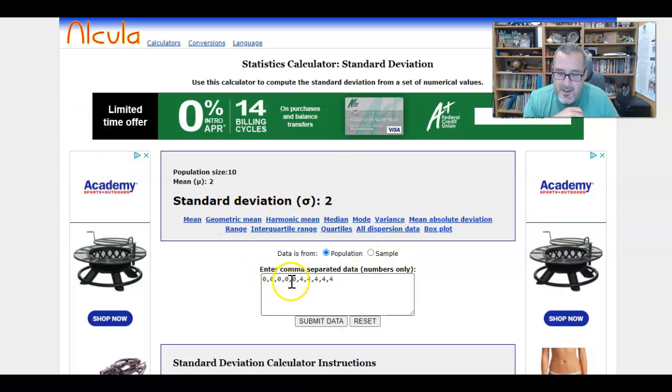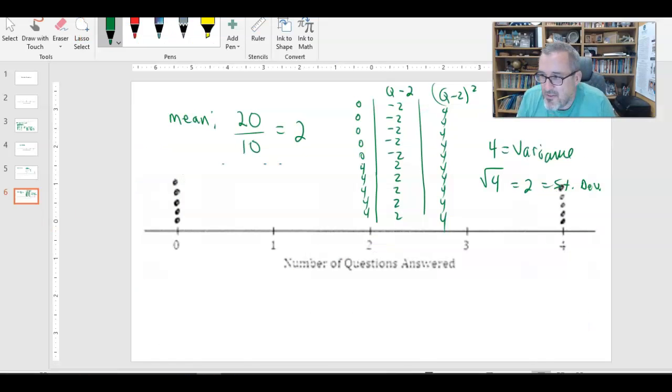So I entered in the 5 zeros, the 5 4s, mean of 2, standard deviation of 2. So lots of deviation here, because with the mean right in the middle, you've got half the data on one extreme, half the data on the other extreme. We would say that is most spread out. So just to kind of review this